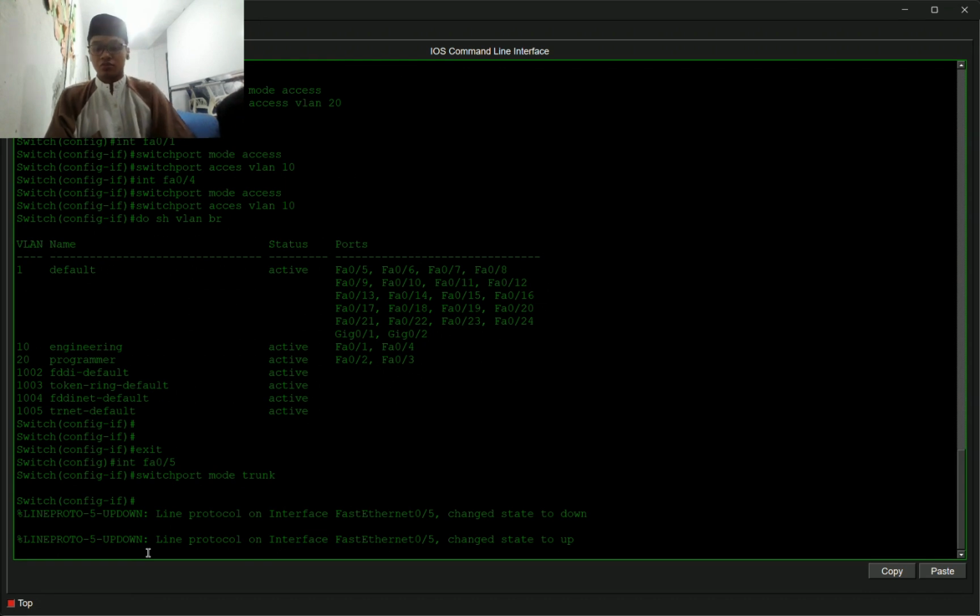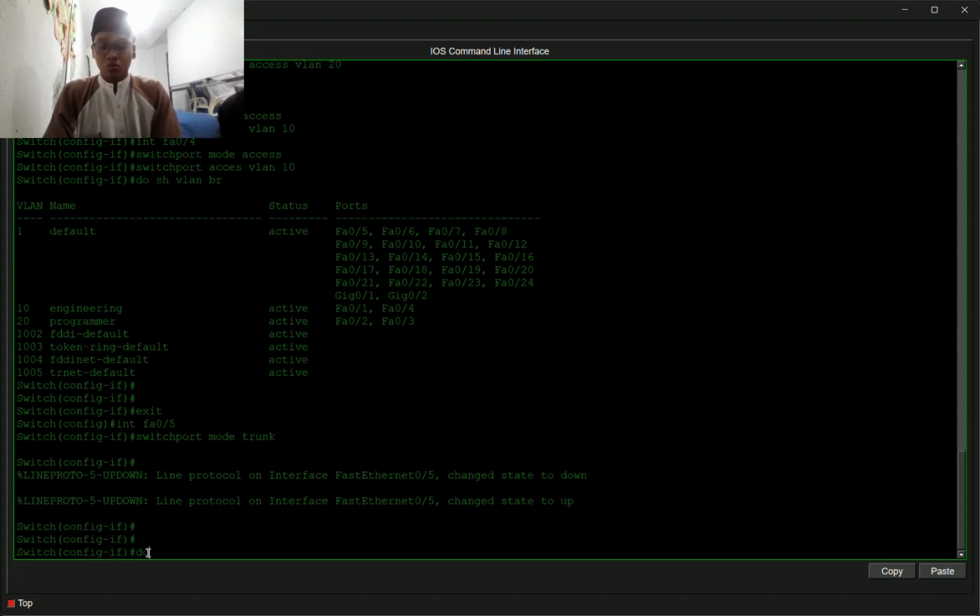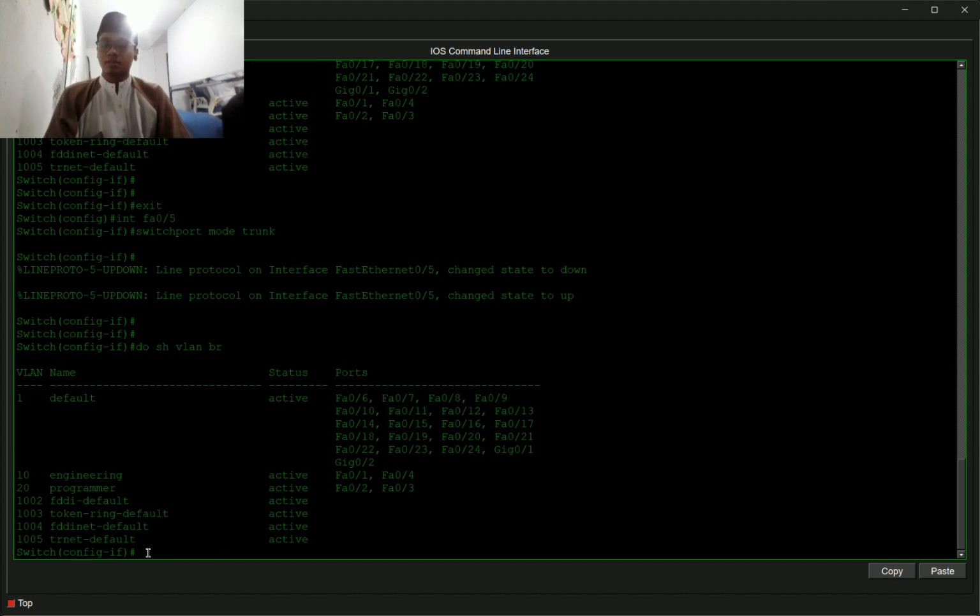And if you want to see the configuration of the trunk, the command is this: do show.